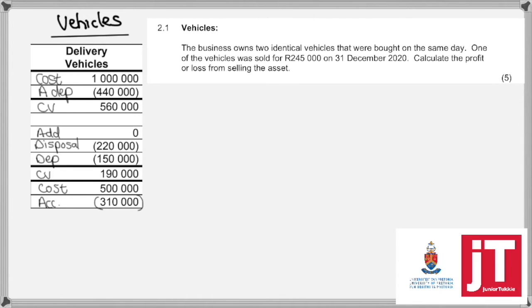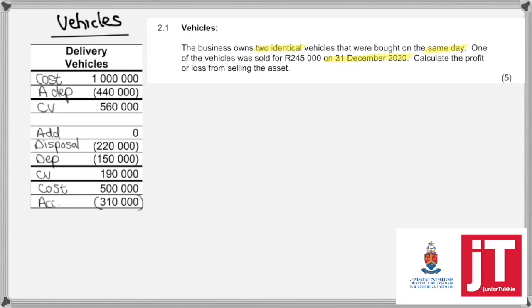The business owns 2 identical vehicles that were bought on the same day. One of these vehicles was sold for $245,000 on 31 December 2020. Calculate the profit or loss from selling the asset. Now, immediately, if you ask calculate profit or loss, you should know that you can use the asset disposal account